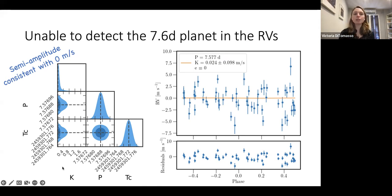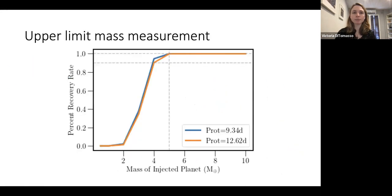And the semi-amplitude in the radial velocities that I find is consistent with 0, which is a non-detection. I'm showing the phase folded radial velocities here on the right, but again, semi-amplitude is consistent with 0, and the radial velocities are just a scatter around 0. So the next test to do was to see if I could get an upper limit mass measurement for this